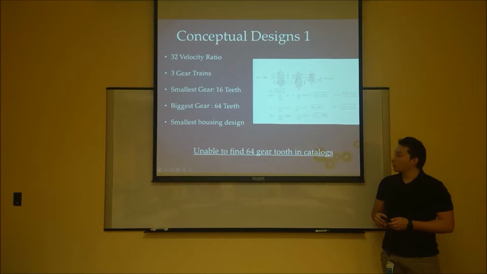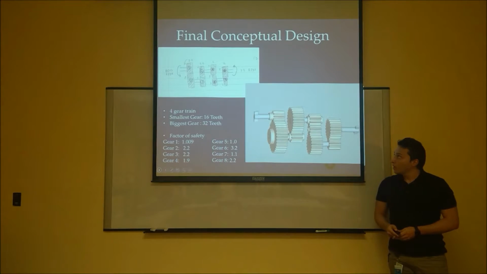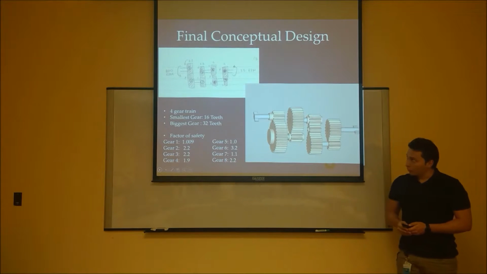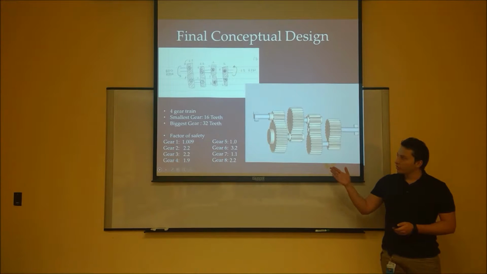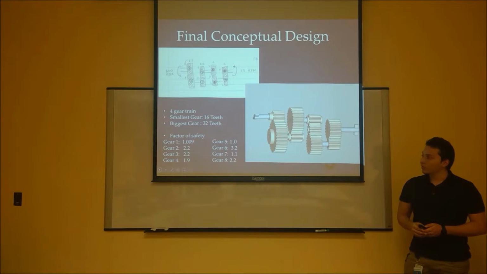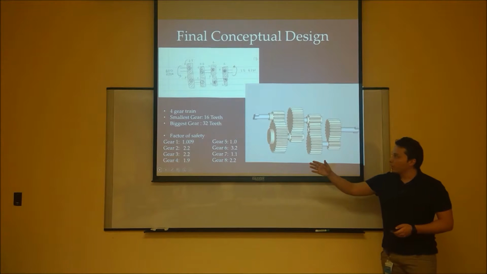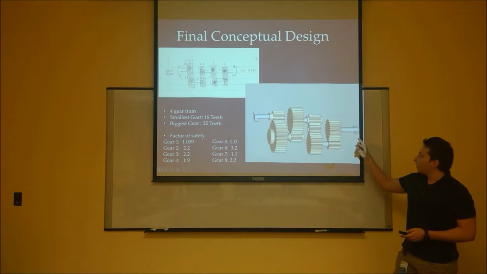However, we were unable to find the 64-tooth gear in the catalog, so because of that, we changed our configuration, and this is our final concept. For this one, we actually used 4 different stages, in which the smallest gear was 16 and the biggest was 32. Here are the factors of safety, and as the problem statement suggested, the gears have opposite shaft